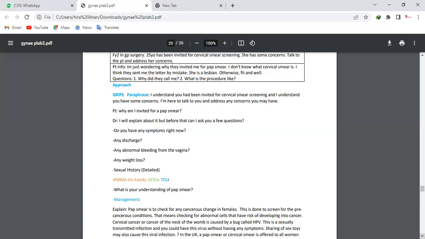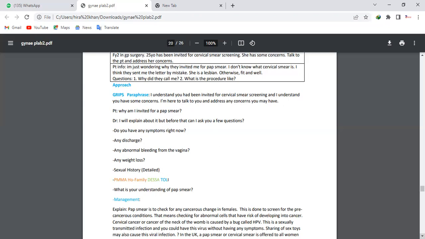Then sexual history in detail. Each and every inch of the sexual history is important here. Are you sexually active? Are you in a stable relationship? How many partners do you have? Is your partner male or female? What is your preferred route of sex? Your tone must definitely be empathic and very low. I'm just teaching you, that's why my tone is like that. So is your partner male or female, and which route do you prefer? Which kind of sexual route, oral, anal, or vaginal?